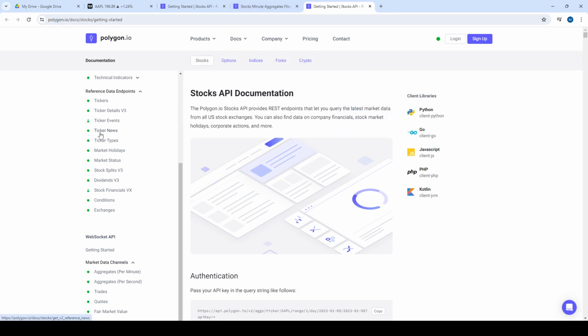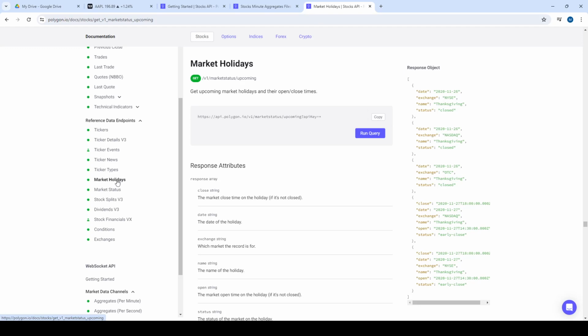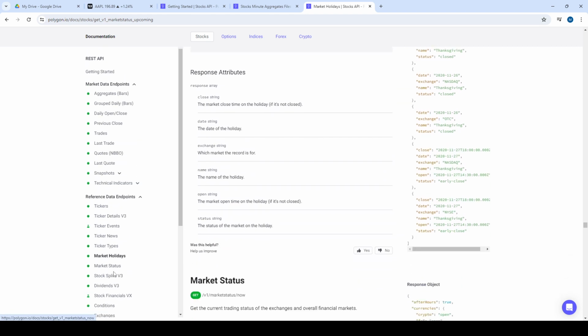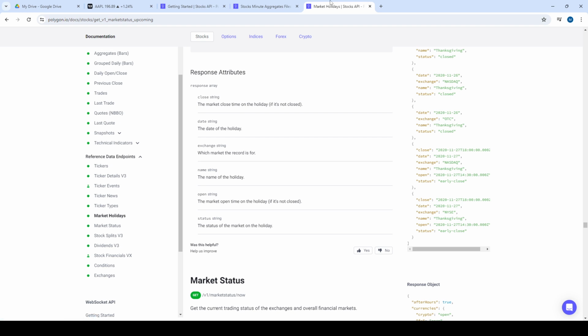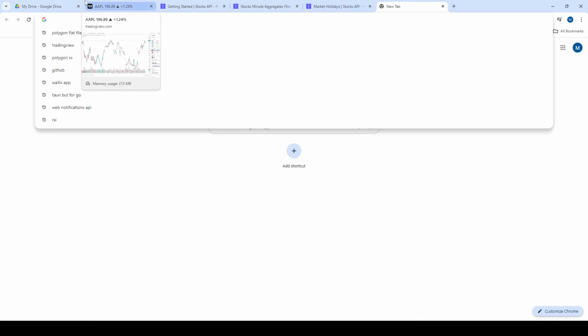Other trading APIs. One of them would be Alpaca. There's other ones too that have market holidays, and then you could say Monday through Friday, unless it's on a holiday, it's good. Whatever. But what I found is the easiest way to just easily get a list is go to Google Drive,